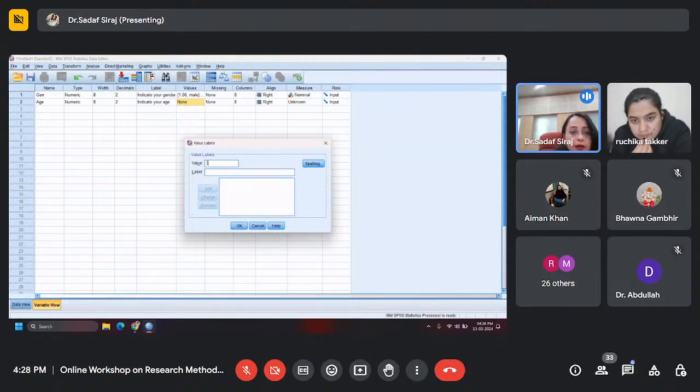Otherwise, what I was asking: what does value 1 mean? Less than 18 years, right? Add. So what does 1 mean? 1 means less than 18 years. Then what do we do for the second? 2. What would be 2? Maybe 18 to 25 years. I'm just randomly putting it. What could 3 mean? Right, and 4 could be